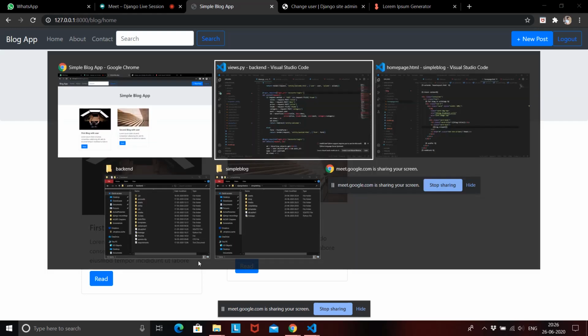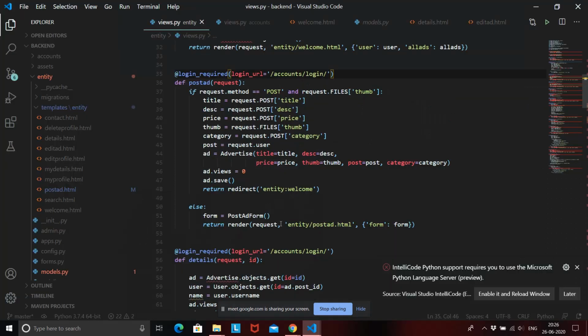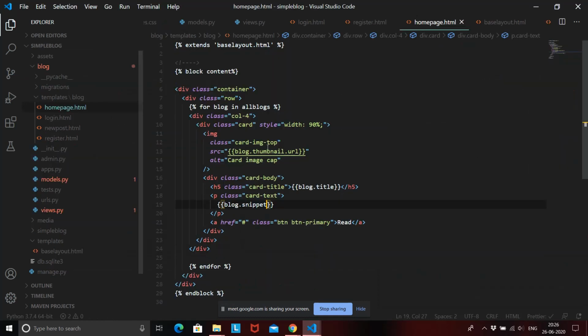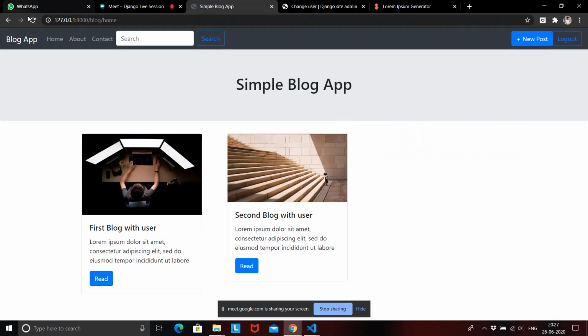And what you can do is give three dots at the end, like this. That is going to show that there is something else to be read, right? These three dots will specify that you have something more to read in this blog, so just click on the read button. Now this looks much better. We have our blog ready with a snippet and a read button.